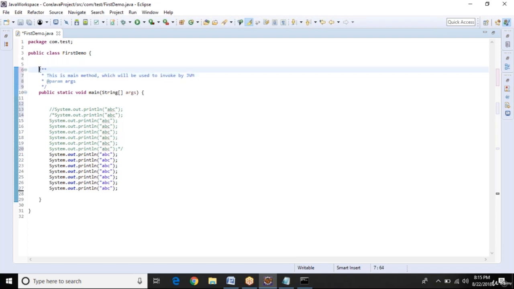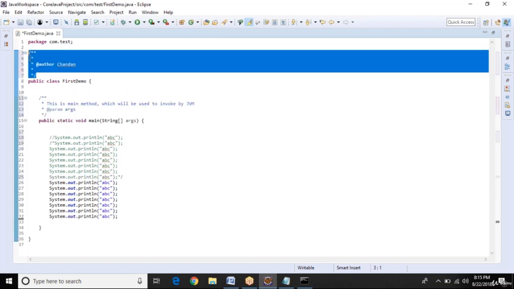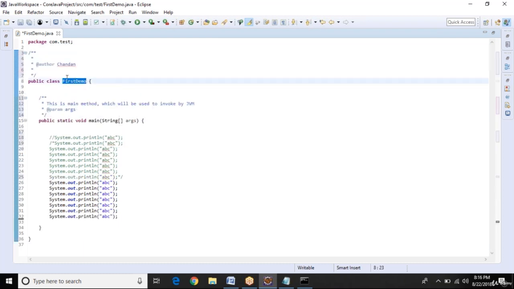So this is one kind of informational comment for a particular method. If we use it at the top of any class, it will automatically add who is the author of this particular class, who has created it. It will pick the name from your system and add it here. Now you can write the description about this class.